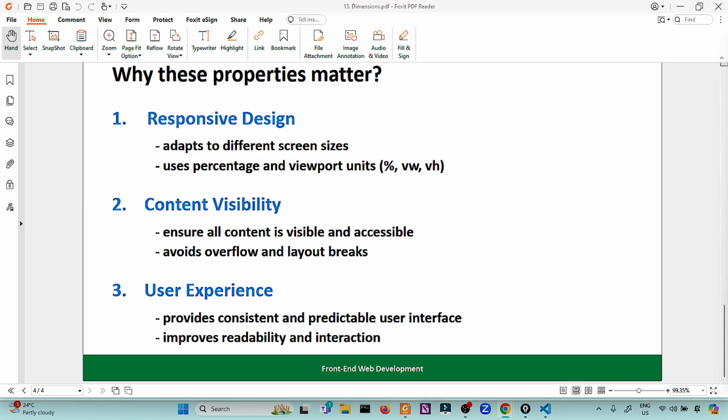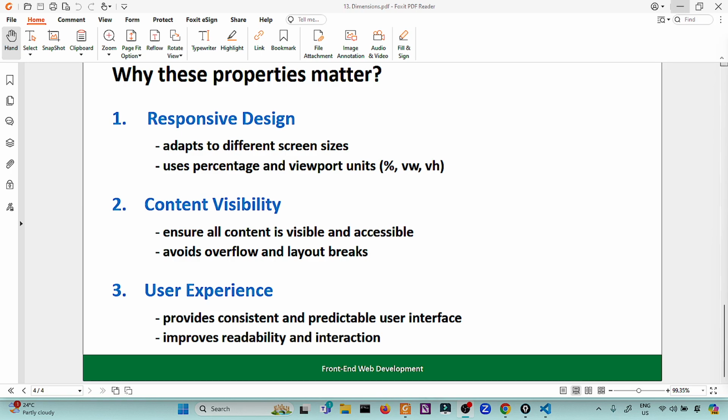The last one is user experience, providing a consistent and predictable user interface, also improving readability and interaction. By using these dimension properties, developers can enhance user experience by ensuring that their web designs are both flexible and user friendly, regardless of the viewing device or the screen resolution.